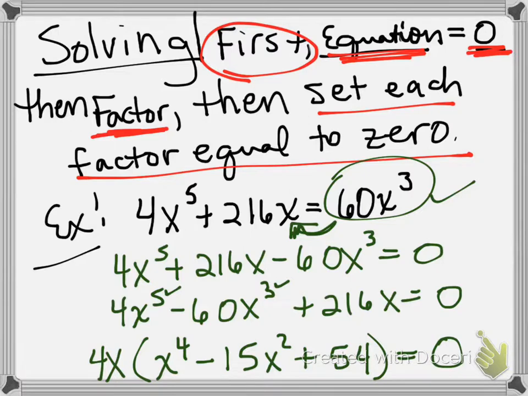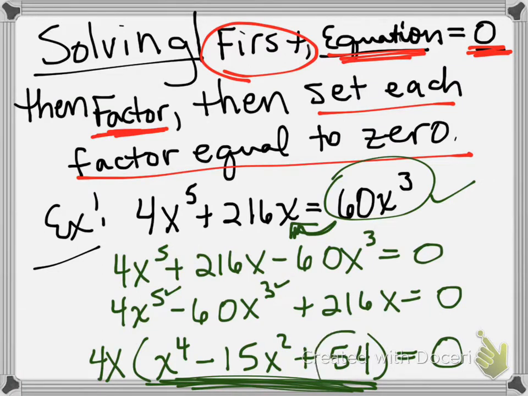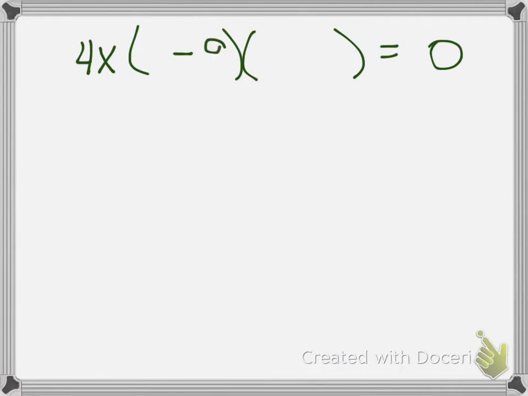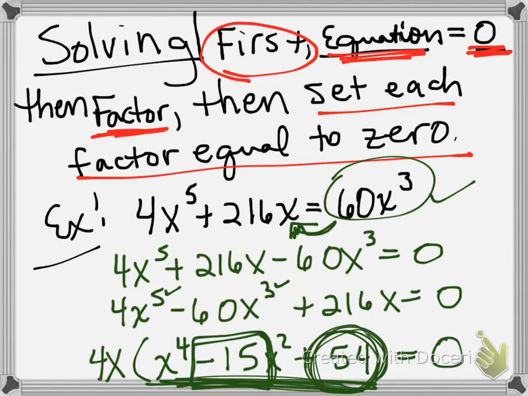Okay? So I have this quadratic form coming up again. So I'm going to have to go ahead and factor this also. So on my next page I'm going to have 4x, and then I have to figure out what my factors are going to be to set it equal to 0. So let's go back and look. What multiplies to give me 54 that adds to give me negative 15? So I'm going to say, how about negative 9 and negative 6? So minus 9 and minus 6. Multiply that, you get 54. Add it, you get negative 15. And this